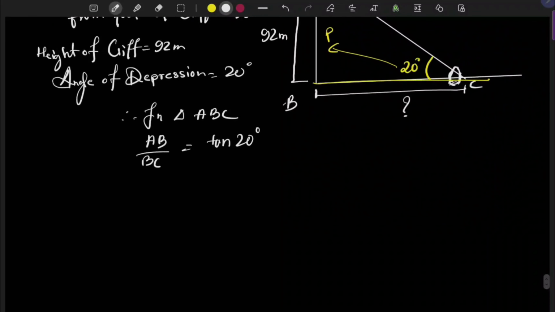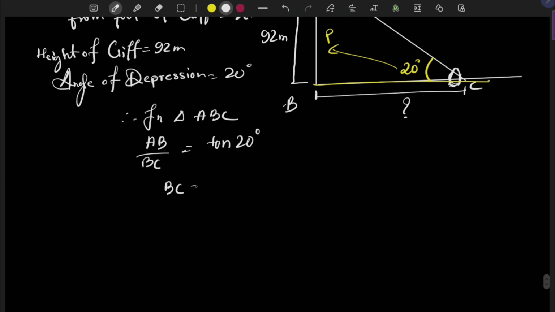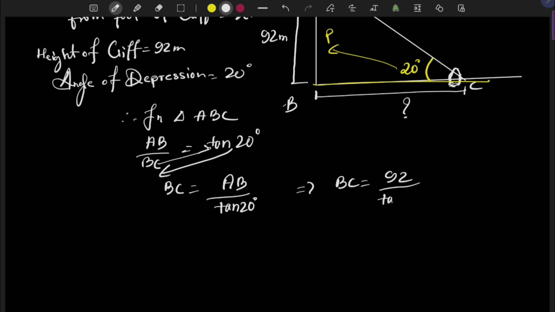Now AB we know it's 92, so BC is equals to AB by tan 20. Correct. ये यहाँ नीचे आएगा और ये यहाँ ऊपर जाएगा, so it will become AB by tan 20. So BC will be equals to AB है 92 by tan 20 degree value, which is how much? As per the book it is 0.3640. So BC is equals to 92 by